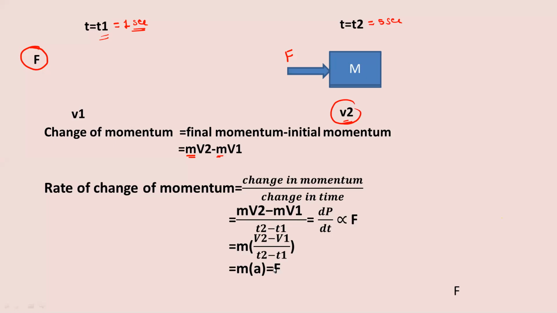And from experiment, it is found that force is equal to mass into acceleration. So the proportionality constant in this equation: basically this quantity is proportional to F, and this proportionality is converted into equality by introducing one constant value. This constant for Newton's second law is equal to 1. This is found experimentally. Therefore we get the final equation for Newton's second law as F is equal to mass into acceleration.